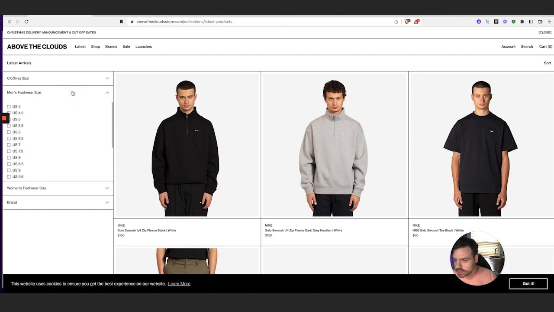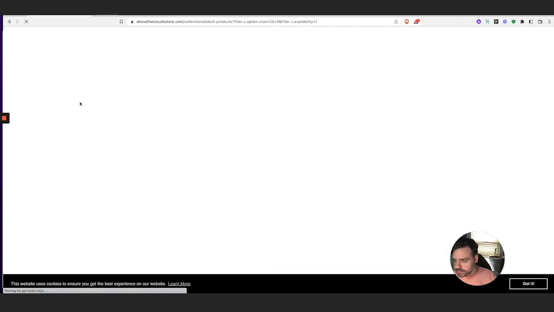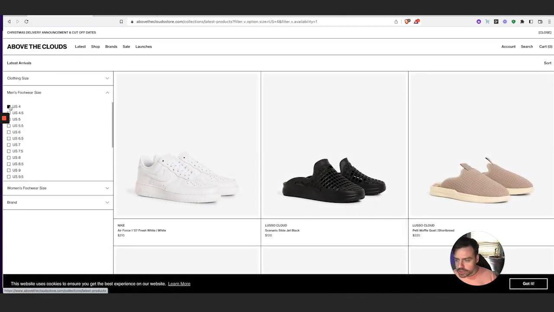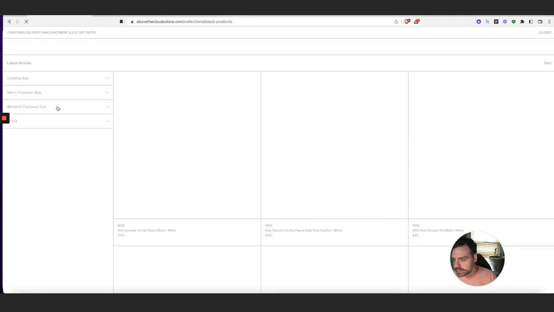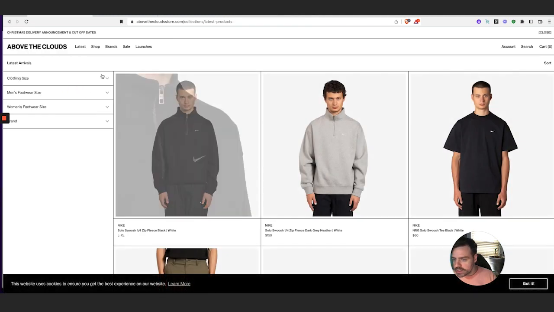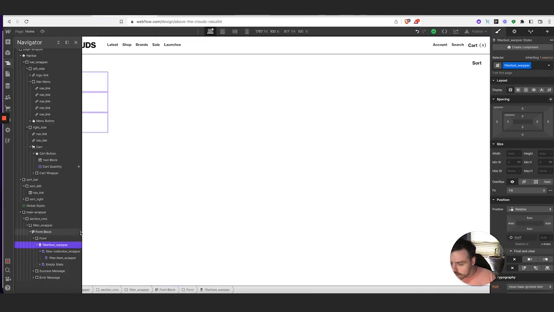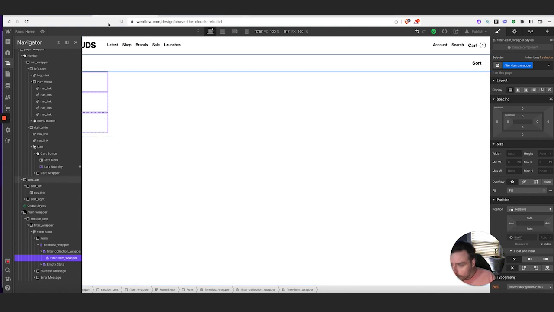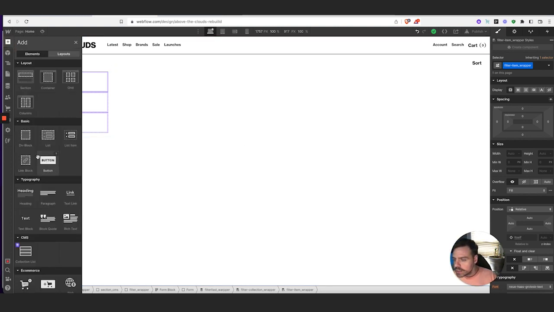Now we're going to build this functionality here, these little accordion menus, just like that. So they're going to open and close like that, little arrows. So let's get going on that. Okay, so go under item, and let's drop in